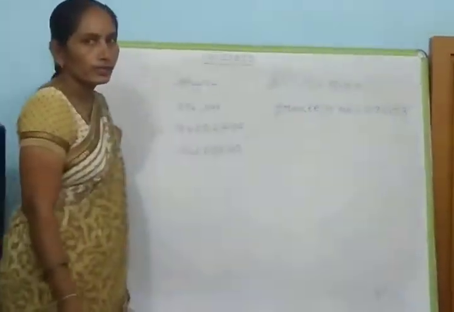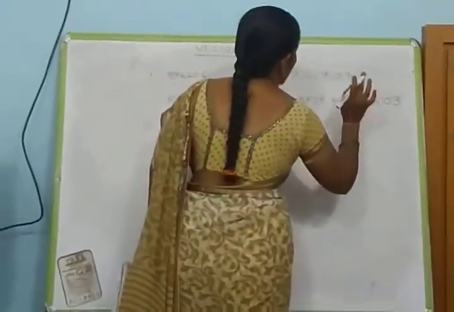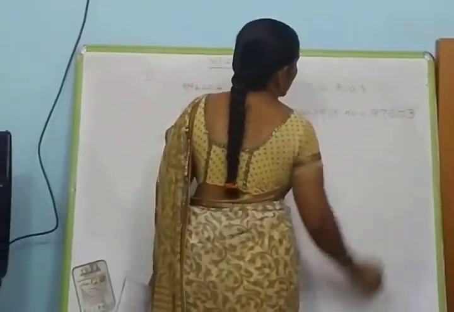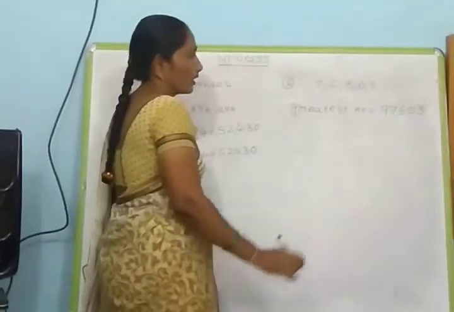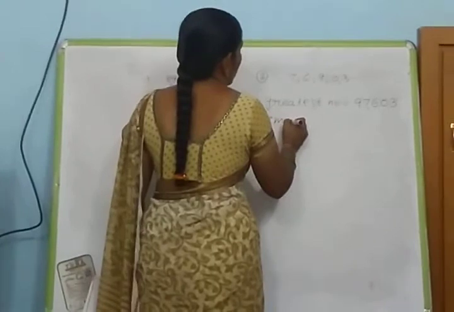Don't place commas. If you place commas, they are not digits. So when you write the number, don't place commas. Just place them according to place value. Yesterday one member wrote all the commas. Don't write like that. Next, smallest number.